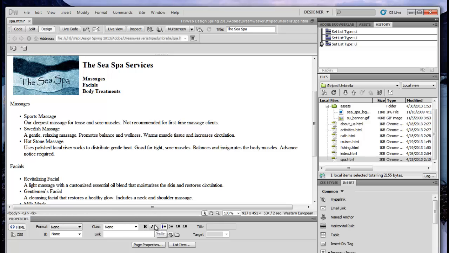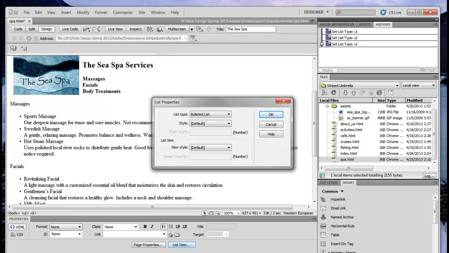Do you see down here on the very far bottom where it says list item? Yes. Now, if you put your cursor in the word massage, that's not there. You can't click on it. But because I have my cursor within an unordered list, I now have this option right here on the bottom for list item. So go ahead and put that on and then click on list item. You are going to get this